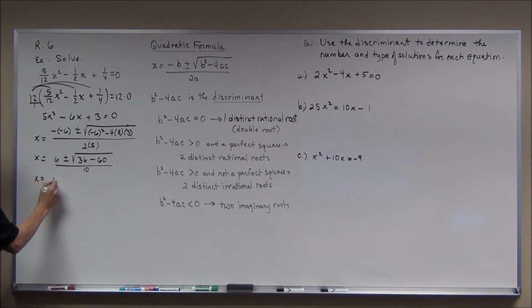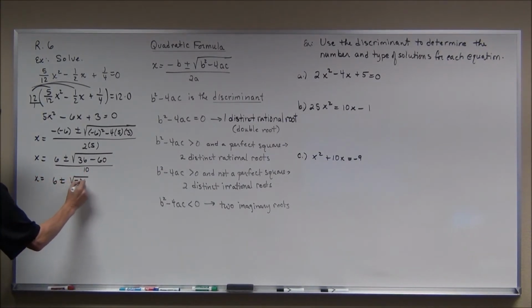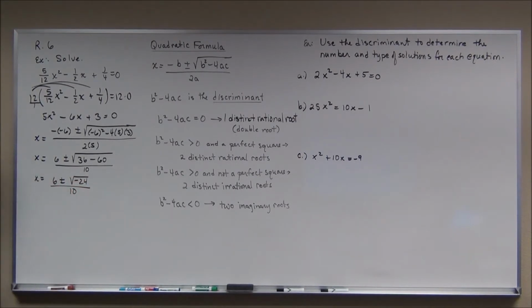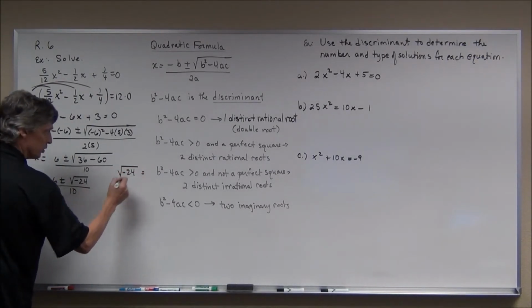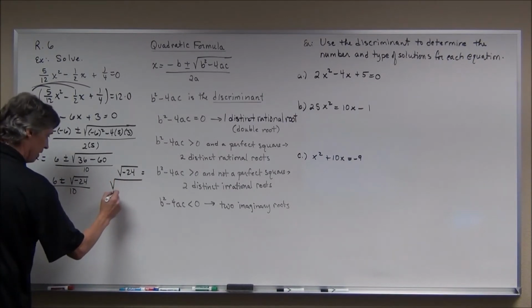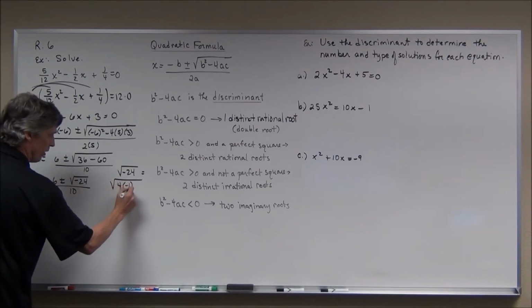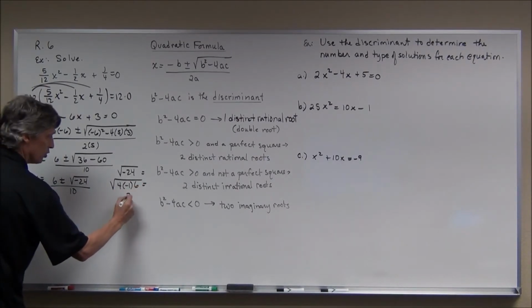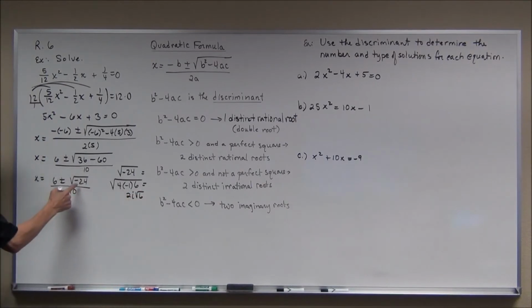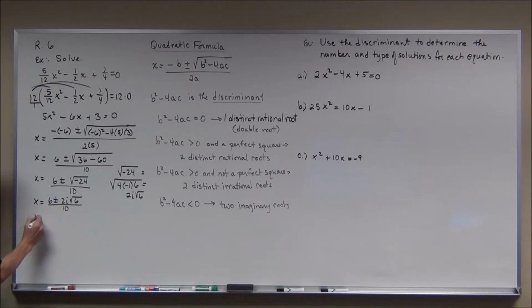Well, that would be 6 plus or minus the square root of negative 24. That's all over 10. The square root of negative 24 needs to be simplified. This is like a little scratch work here. The square root of negative 24 is the square root of 4 times negative 1 times 6. Square root of 4 is 2, square root of negative 1 is i, so this is 2i square roots of 6. So I'm going to replace this with 2i square roots of 6, and that's all over 10,